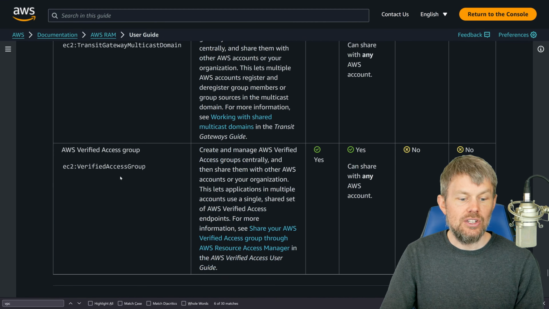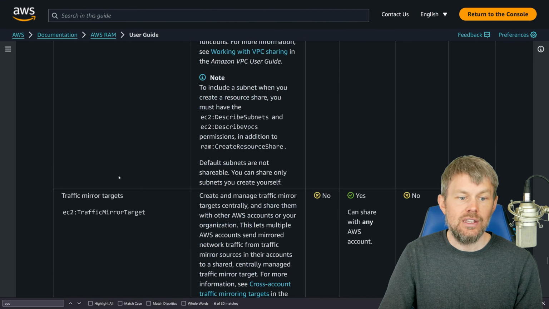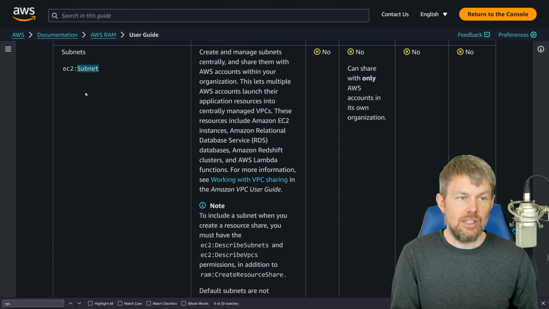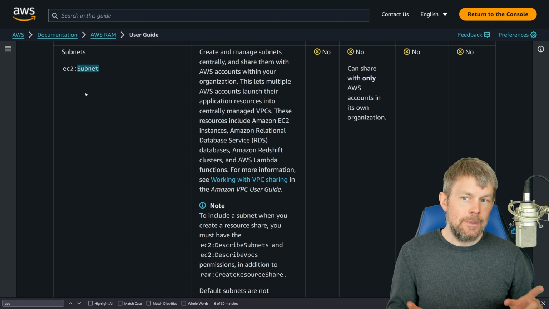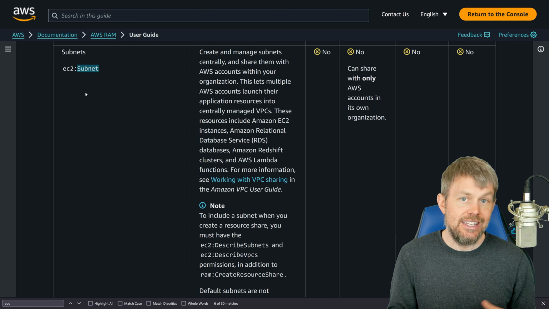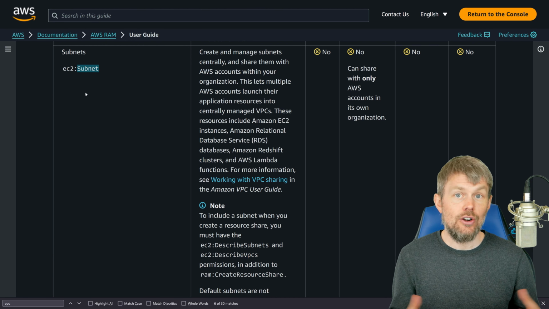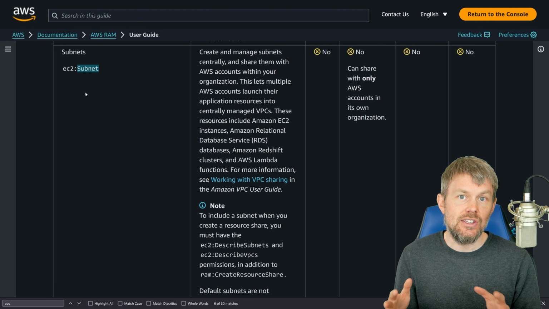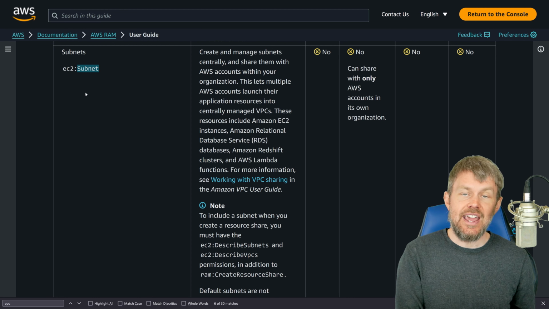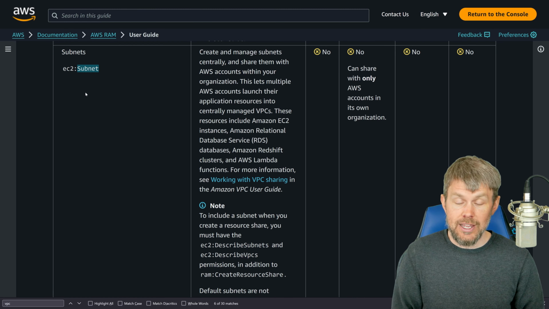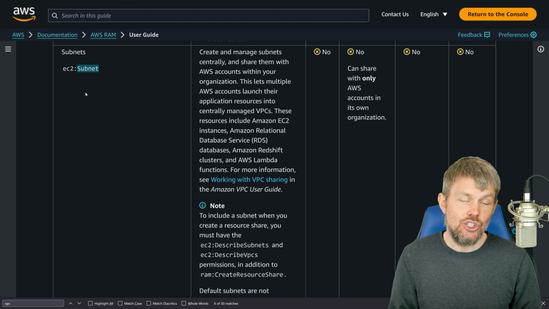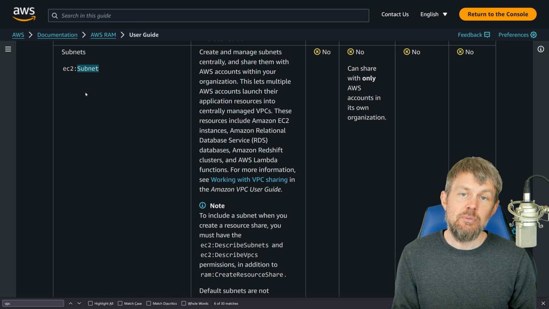Now, one important thing to note is that when we share out a subnet, right, we want to share access to that subnet across multiple AWS accounts. But when you provision something like an EC2 instance, or let's say an RDS cluster or something like that, you always have to have an AWS VPC security group that's attached so that you know what inbound and outbound access rules are available, right? Now, even though we can share a subnet through Resource Access Manager, we cannot share VPC